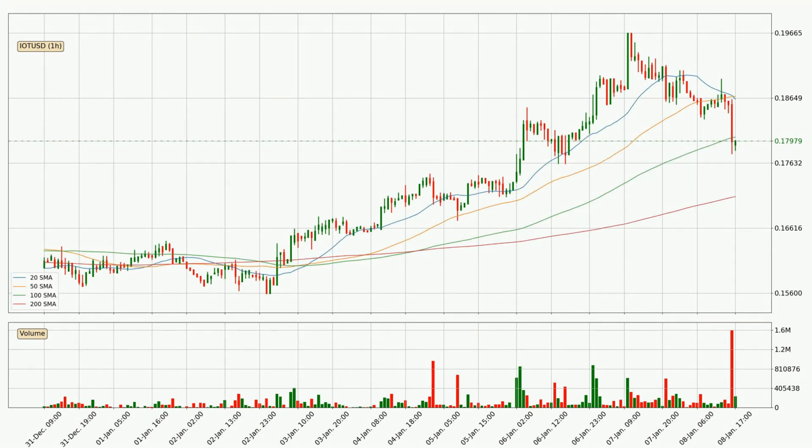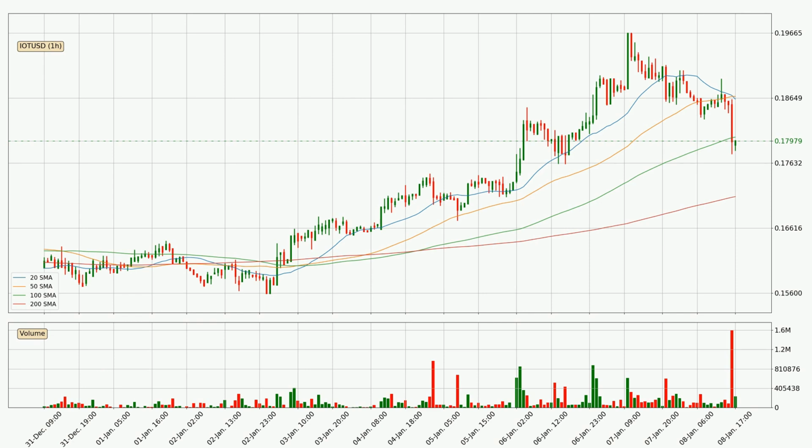Next, looking at the simple moving average, or short SMA, it is calculated by summing up the close prices for a certain amount of candles and then dividing it by the number of the candles. We usually use the last 20, 50, 100 and 200 candles to calculate the different SMAs. The SMA lines could be used to determine if a trend is currently to the downside or upside. The SMA lines could also show support and resistance levels, and breaking one of them could signal a trend to the